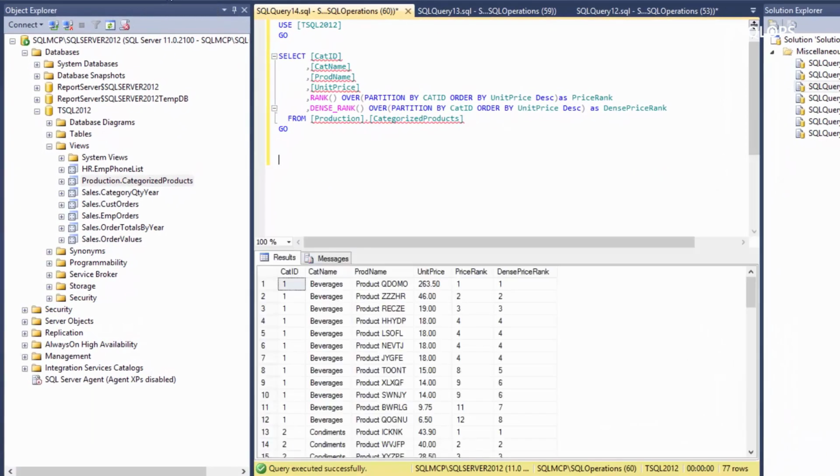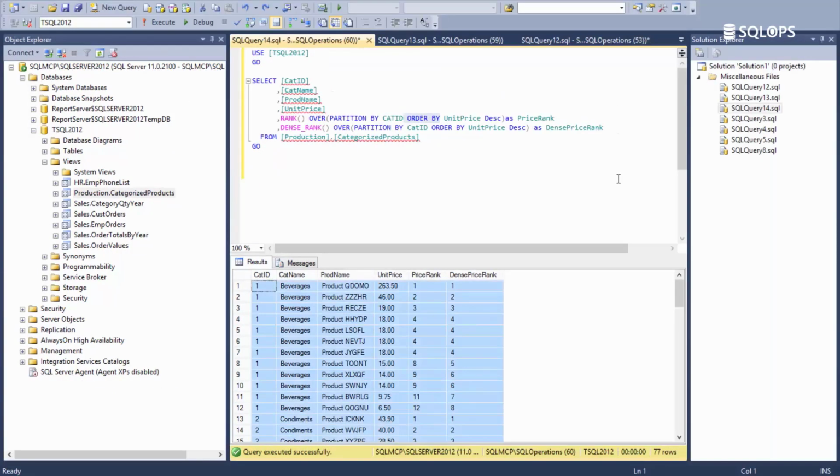Let's execute this query, and as you can see, when there is a tie in the unit price, the rank function and the dense rank function both display the same rank, but using the rank function, the next rank is 8 instead of a 5, so there is a gap in the numbers. But when using the dense rank function, the numbers do not have any gaps. And as discussed earlier, the order by clause in the over does not determine the order in which the final results are displayed. Now that we've learned about the window ranking functions and the differences between rank and dense rank functions,